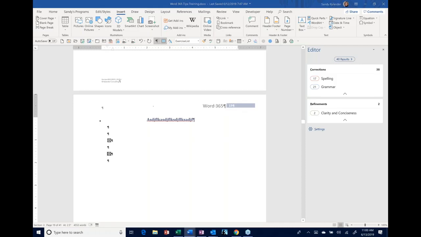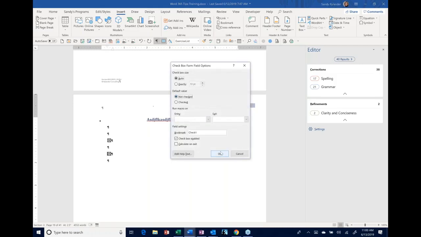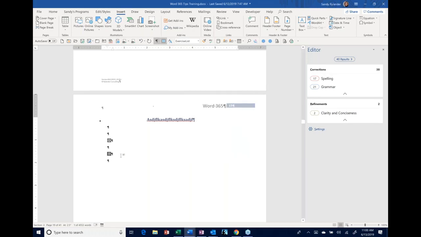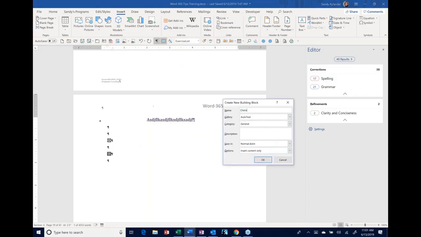And what I'm going to do now is I'm going to make this not checked, even though you could just double click on it. I'm going to make an unchecked box simply by, once again, trying not to get that paragraph symbol. That's the hardest part of this whole thing. Clicking on this. This time I'm going to call it checkbox. I called the first one checkbox. I'm going to call this